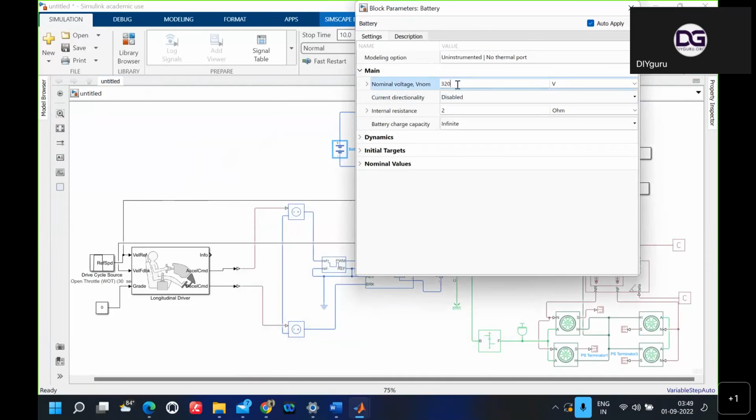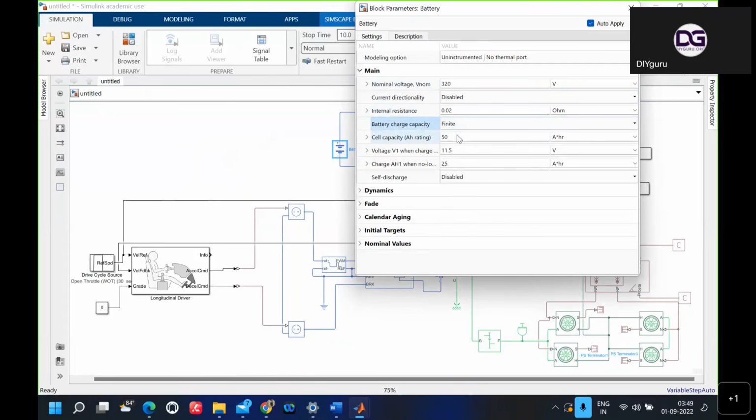and the internal resistance of the battery I'm reducing here because it's too high, 0.02. Battery capacity, charge capacity is not infinite, you make it just finite. Okay, so what is the cell capacity for this Tata Nexon? This is 94